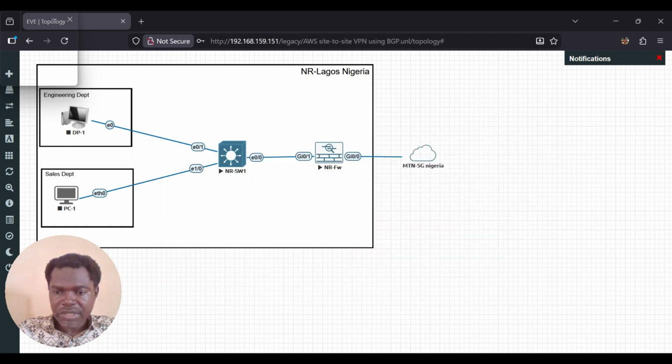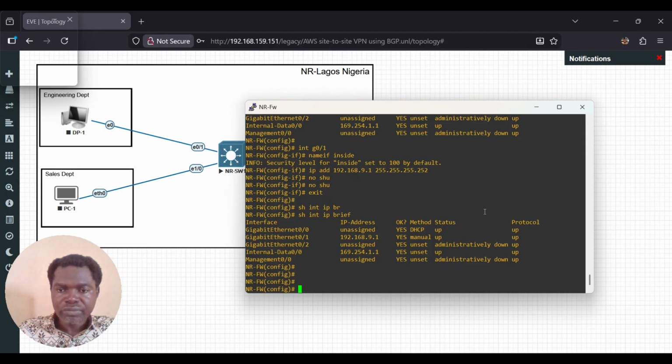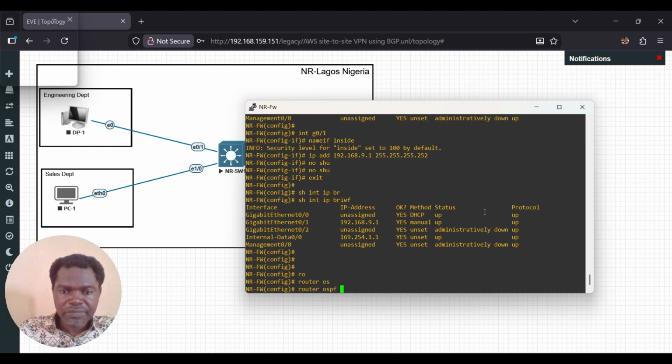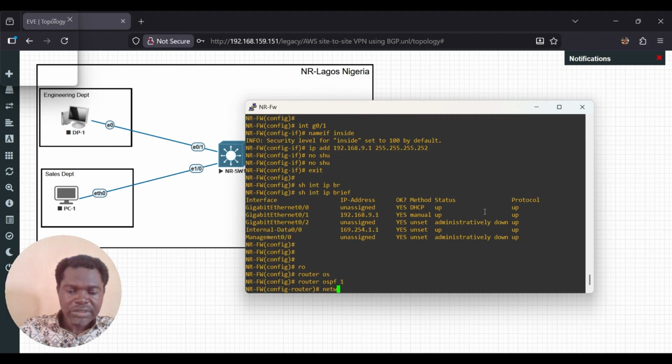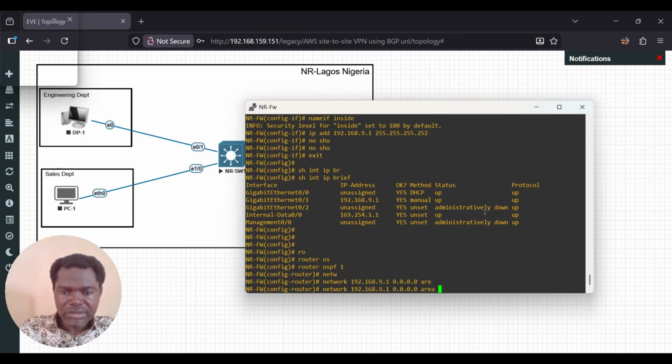So I go to my firewall, telling my firewall router OSPF, network 192.168.9.1, area 0. Then I just put area 0.